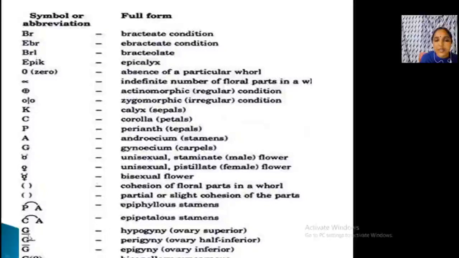This is gynoecium. If you draw a line below, that means ovary superior. If you draw a line parallel, on the side of gynoecium, that is perigynous. Gynoecium, if you put a line at the top above G, what does it indicate? Inferior. So G below the line indicates superior, G above the line indicates inferior, in between indicates perigynous. Then G2 means two carpels, and brackets mean united. Two carpels is bicarpellar. These are all I discussed. Clear? So go into detail about the abbreviations.